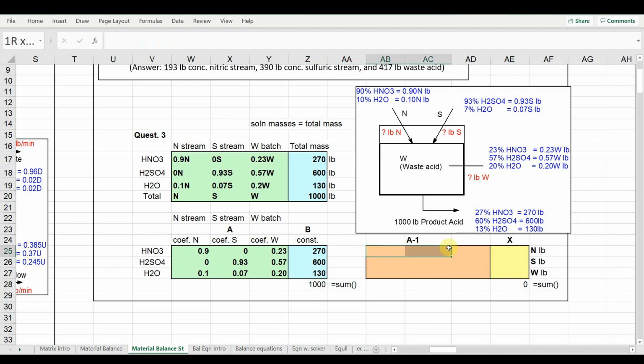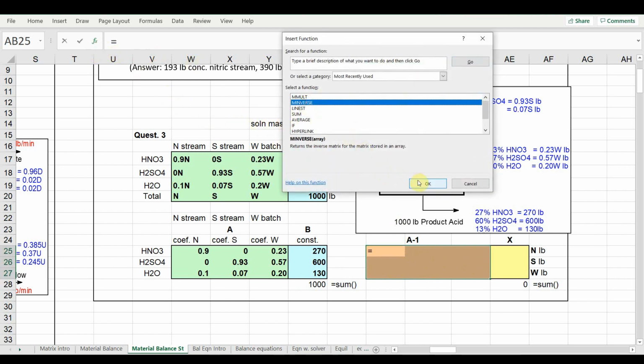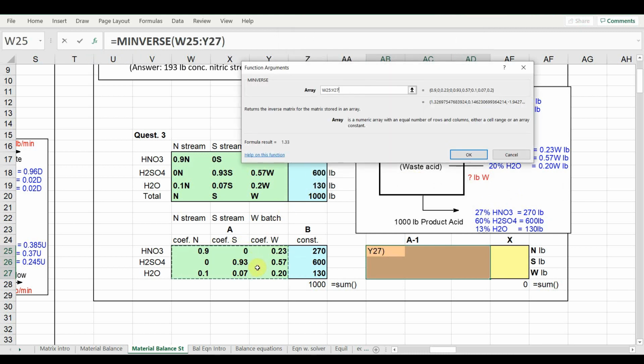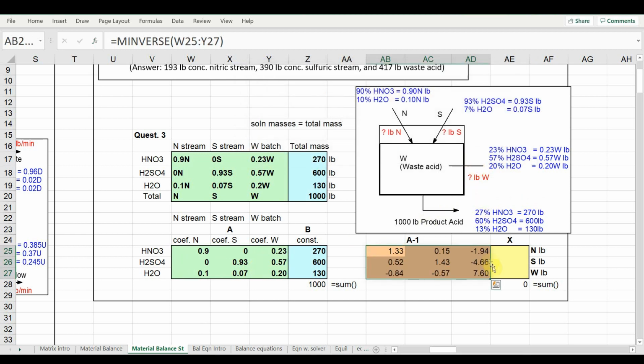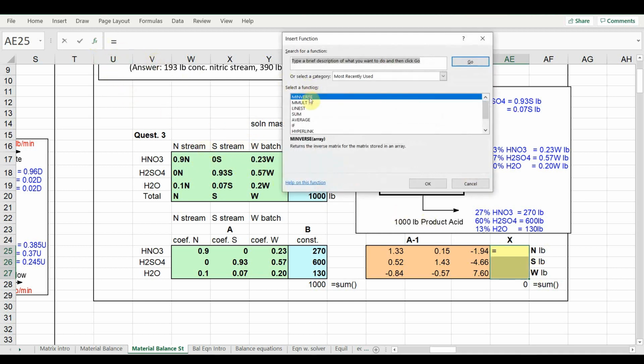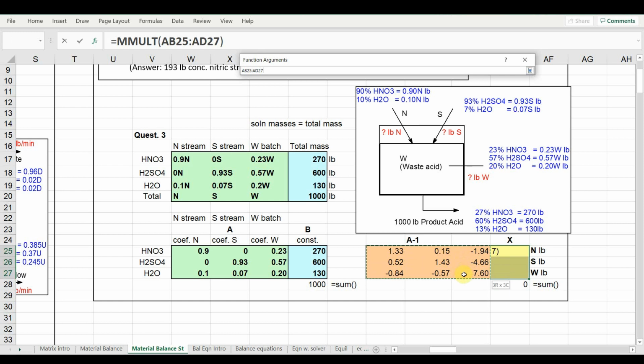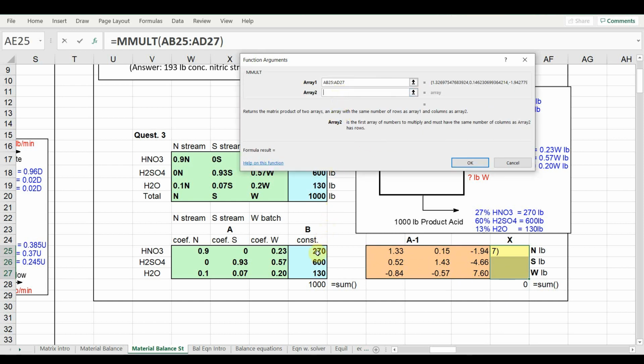The inverse matrix of the coefficients of the variables, select those cells, insert a function, MINVERSE, OK. What's the array that we want the inverse of? This 3 by 3 array, and say OK. The matrix of the variables, nitric, sulfuric, and water, in order from top to bottom, because they were listed left to right, is equal to MMULT. We multiply the inverse matrix of the coefficients of the variables times the matrix of the constants in that order,